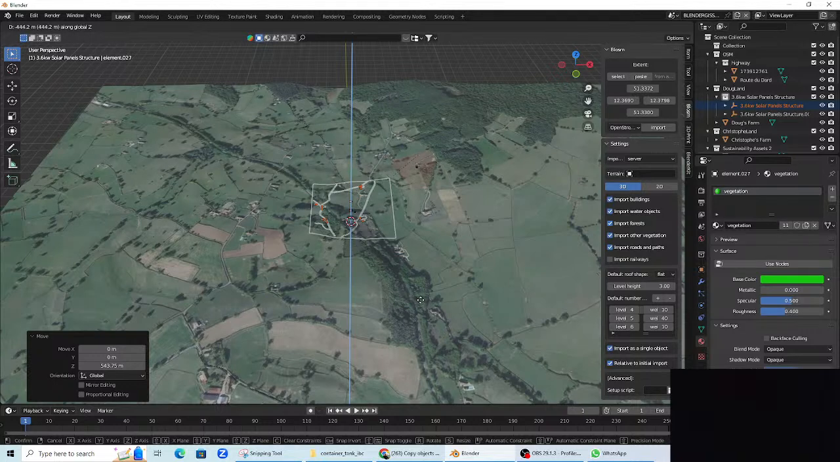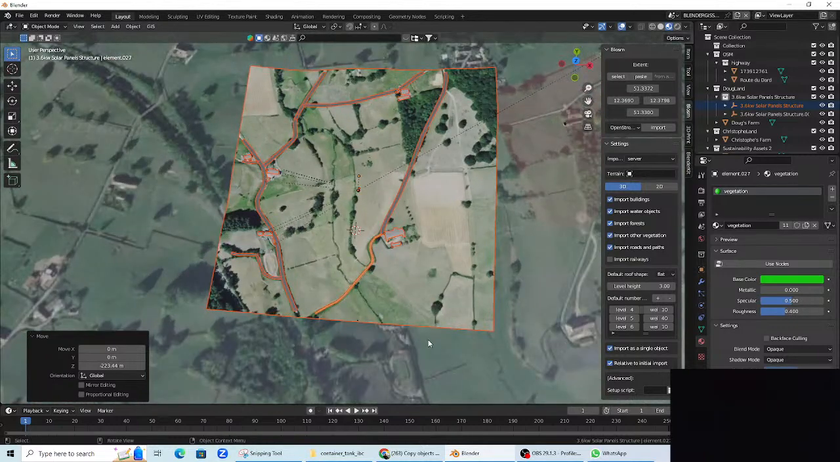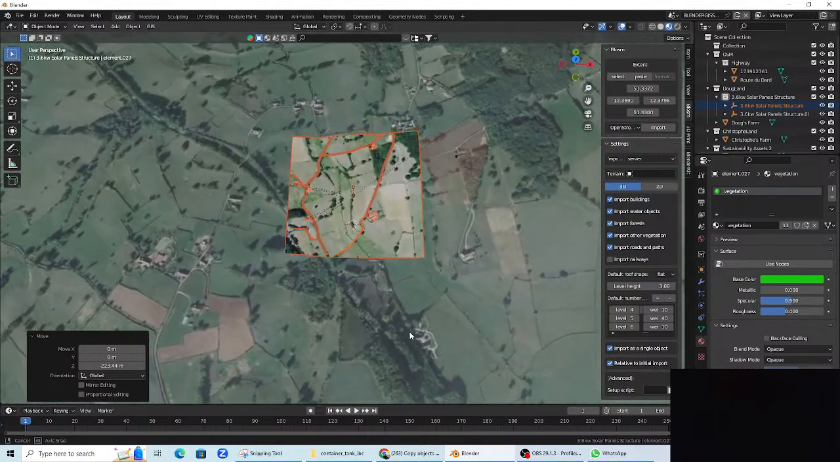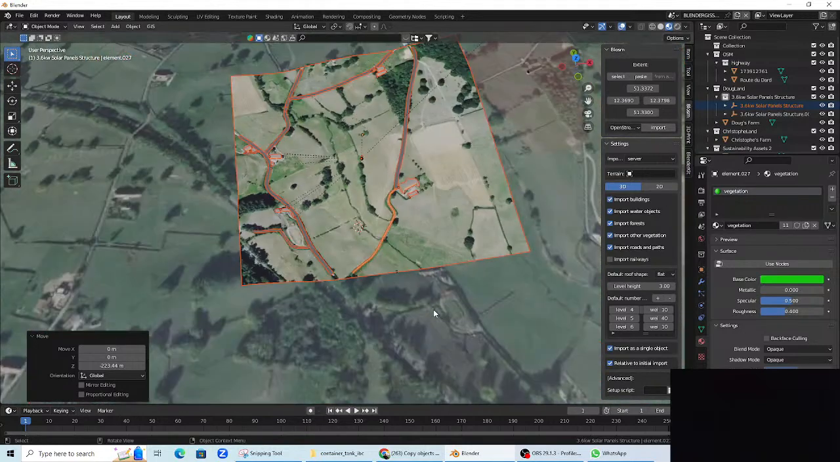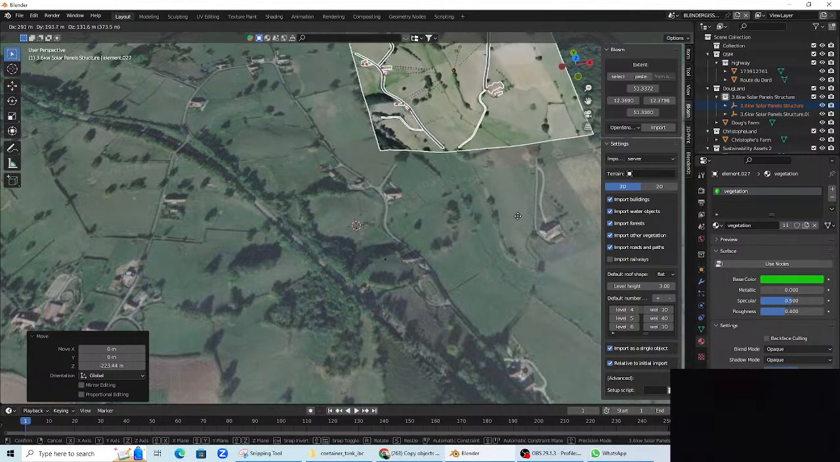All right, now did this map on properly? No. Hardly. This is not geographically accurate at all. And yet the buildings are there. So as I move this around,